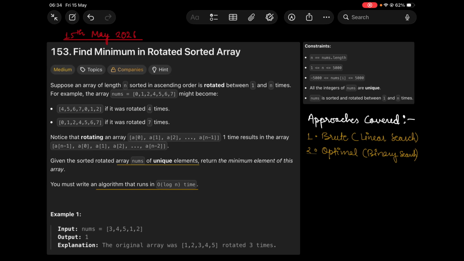Hi guys, let's solve today's Leetcode problem, which is problem number 153. Find minimum in rotated sorted array. It's a medium problem. Suppose an array of length n sorted in ascending order is rotated between 1 to n